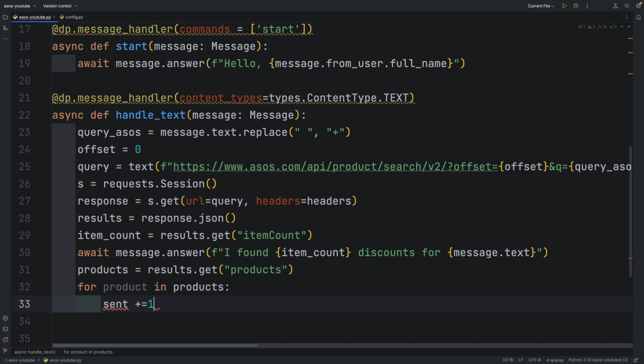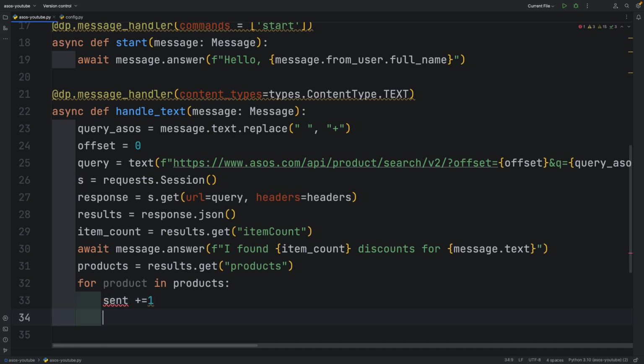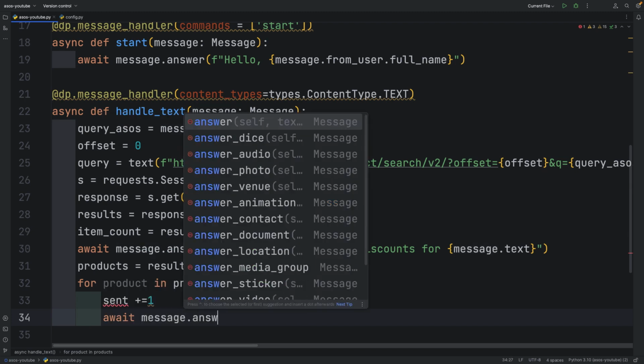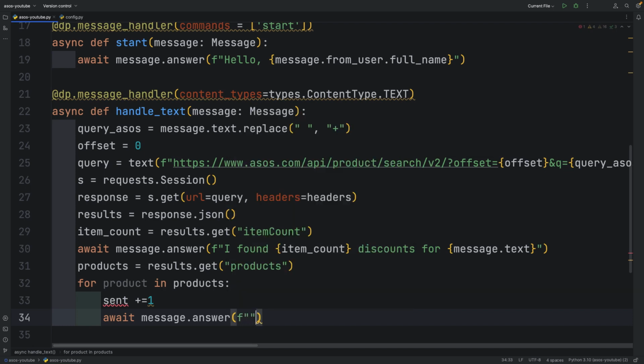And let's output all the details for this deal. I'll use the await message.answer command to send a formatted message that includes the value of our send variable and the product details. To access the product name, I'll use the name key from the products dictionary.